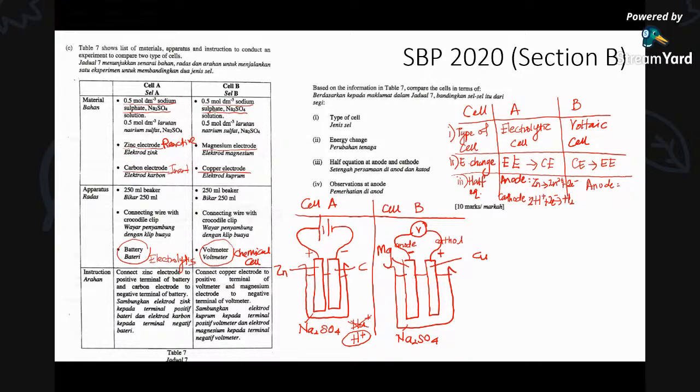Okay, and then over here, this will be the anode, loses electron. This will be the cathode, gain electron. Okay, so what happens at the anode? Okay, so both of the metals over here are the reactive metals. So the metal will take part in the reaction. So anode, if you observe,